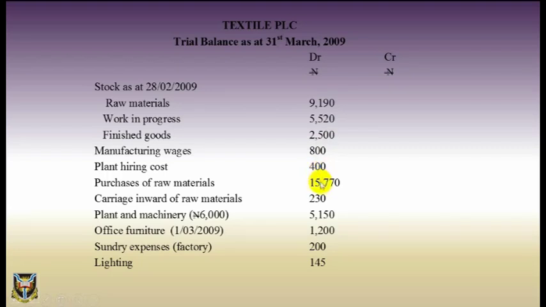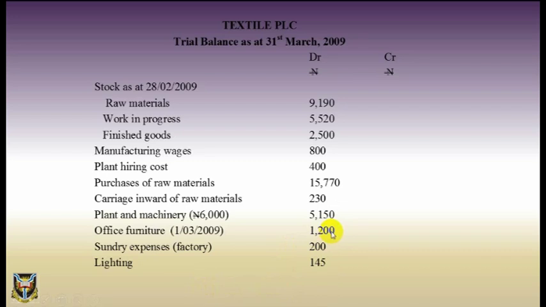Purchases of raw materials 15,770. Carriage inward of raw materials 230. Plant and machinery 6,000 naira. 5,150. Office furniture as at 1/3/2009